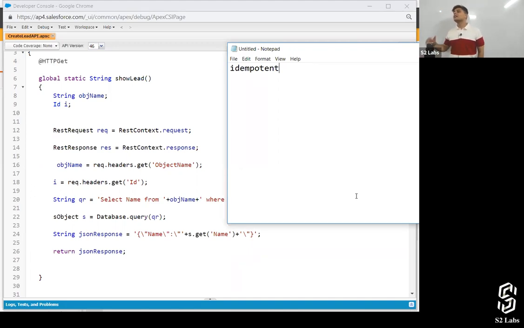And by the way, these are all ideologies and conventions of these different methods. Whatever you want to do in the put method, you can do. But normally the convention followed is that if you're calling a put method, it means it's an idempotent method, but if you're calling a post method, it means it's a non-idempotent method. That's it. Clear? Move on.